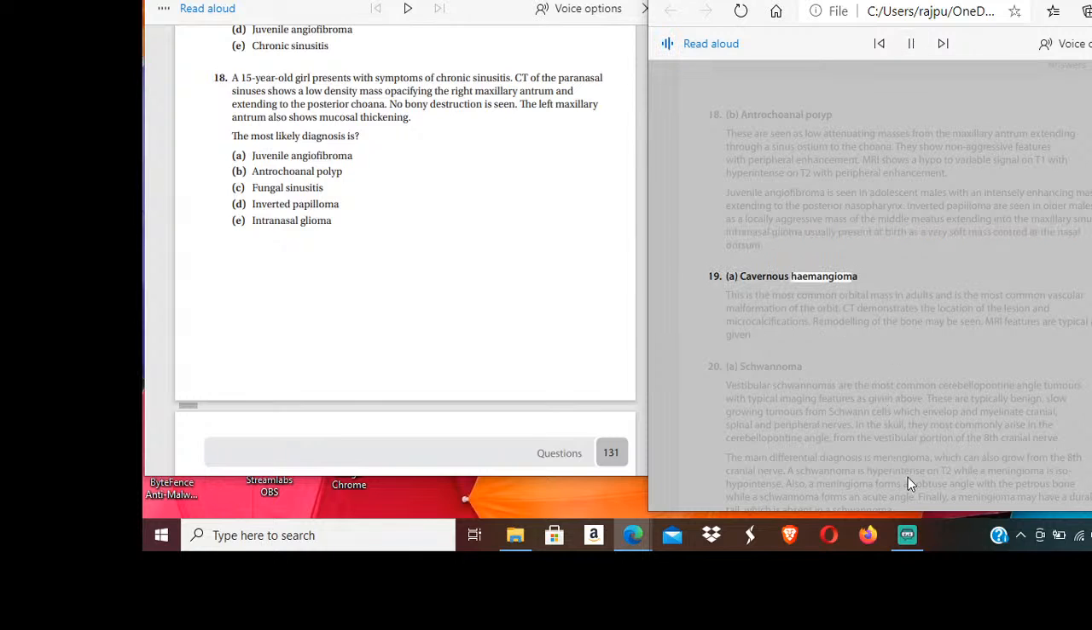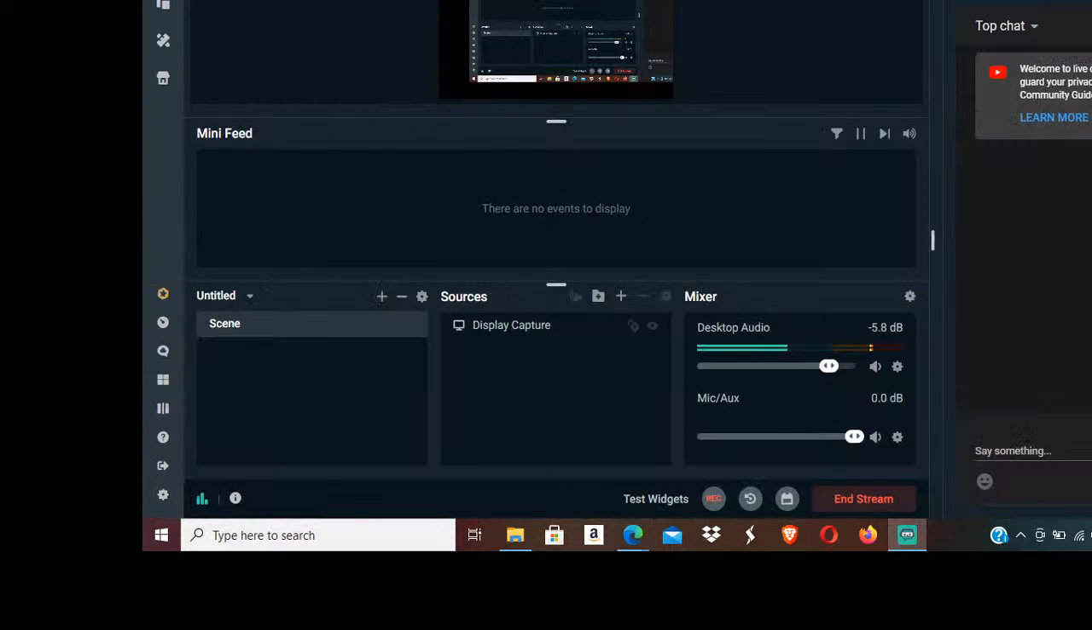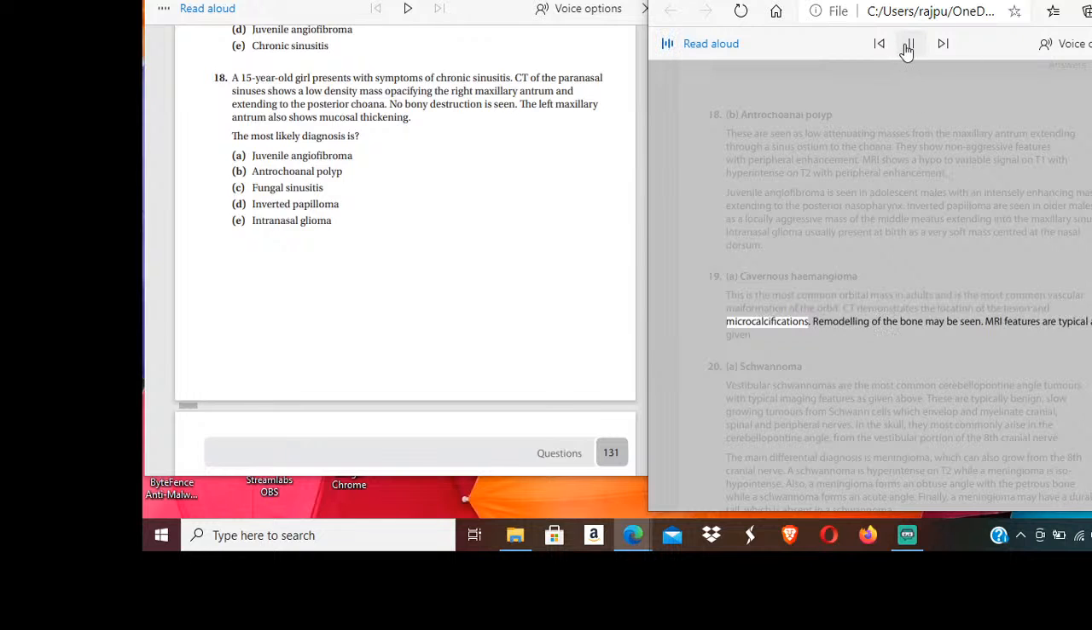19. A. Cavernous hemangioma. This is the most common orbital mass in adults and is the most common vascular malformation of the orbit. CT demonstrates the location of the lesion and